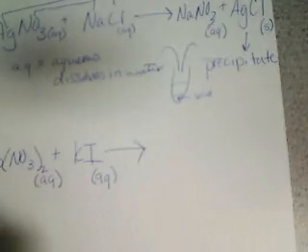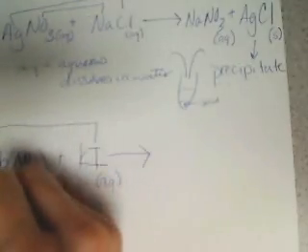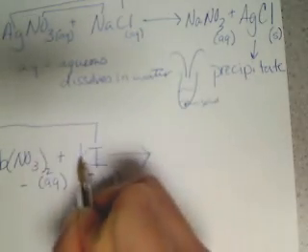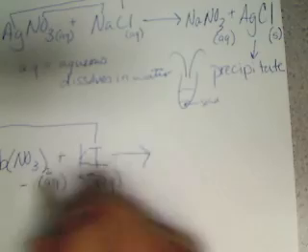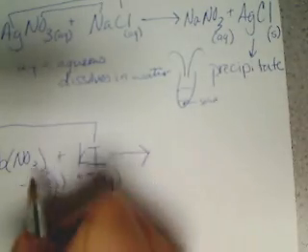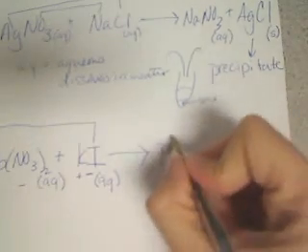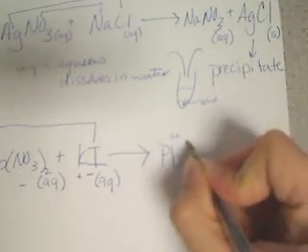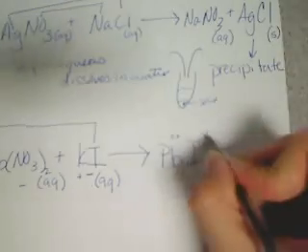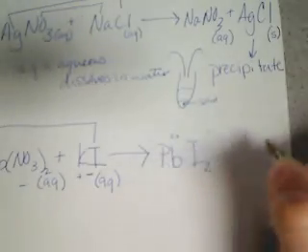Remember, this is a double displacement reaction, so my lead is going to go with my iodine. And remember, this is a plus, this is a minus, this is a plus, this is a minus. The plus is going to go with the minus. The plus is going to go with the minus. We never put two pluses, we never put two minuses together. So double displacement reaction, so we get Pb. Remember, this is a 2 plus, and we have iodine, which is a 1 minus, so we have to cross these, and you're going to get PbI2